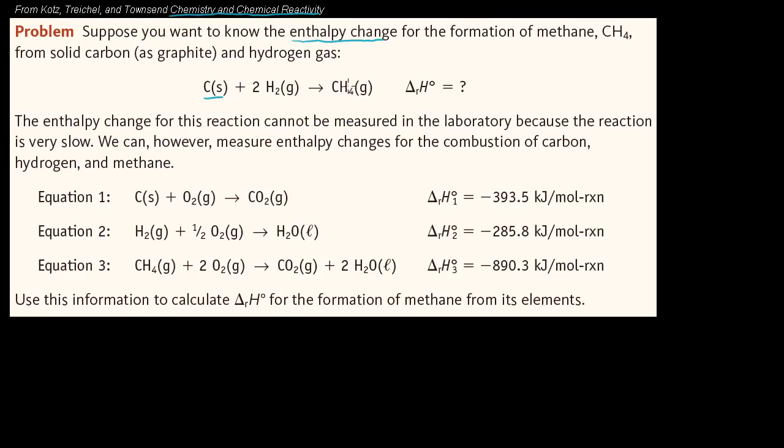How do we get methane? How much energy is absorbed or released when methane is formed from the reaction of solid carbon as graphite and hydrogen gas? So they tell us the enthalpy change for this reaction cannot be measured in the laboratory because the reaction is very slow. So normally, if you could measure it, you would have this reaction happening, and you would see how much heat or what's the temperature change of the surrounding solution. Maybe this is happening so slow that it's very hard to measure that temperature change,